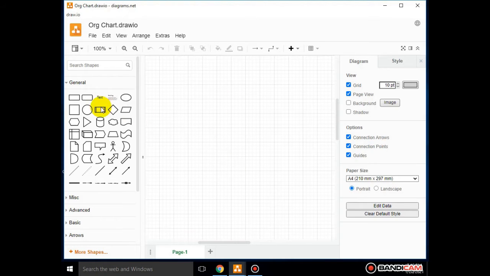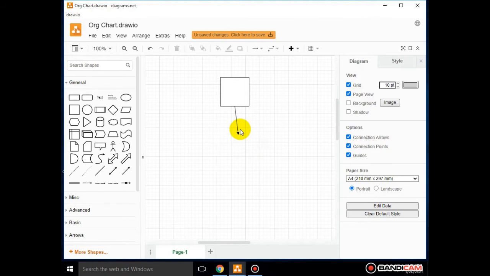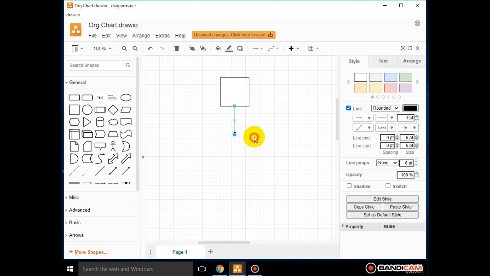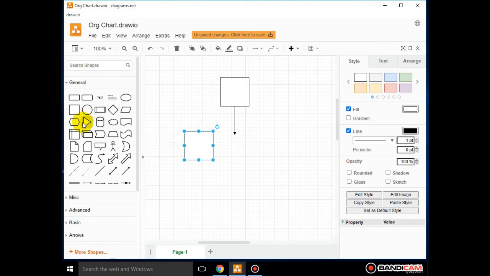You can drag the required shapes from the left hand side and drop them in the diagram area.